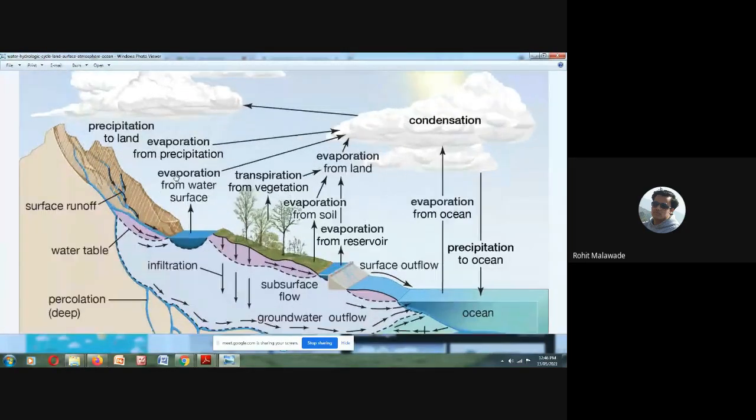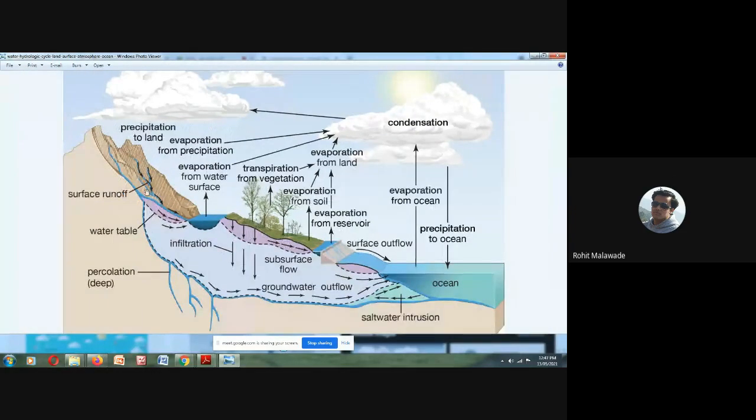Now, when this precipitate comes on the Earth's surface, again we are going to get the water. We will have a certain amount of water out of this precipitation. The water is going to fall on the land, and out of this water we will get some amount as groundwater and some amount as surface water. Here we see the surface water, and the water which percolates into the ground, we call it groundwater.